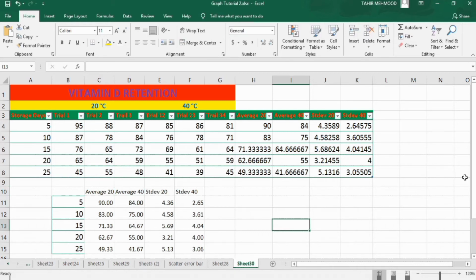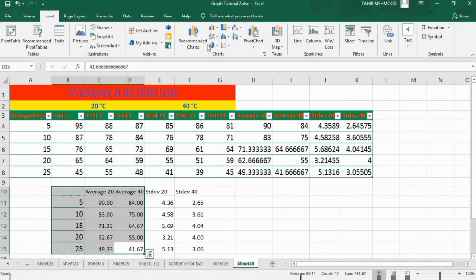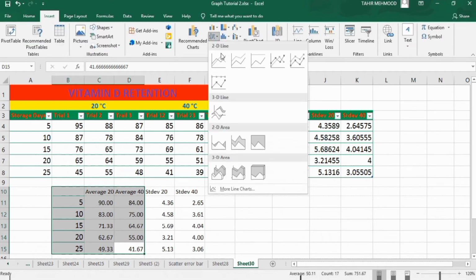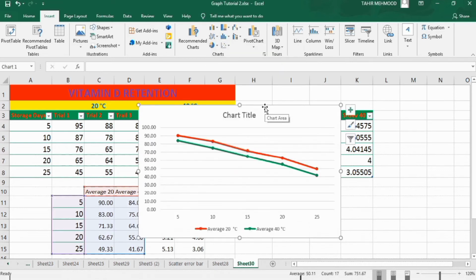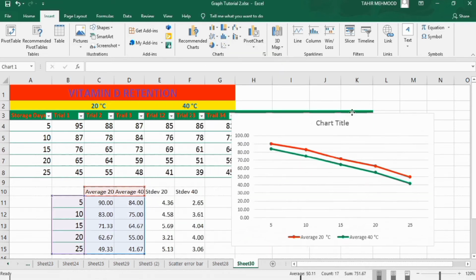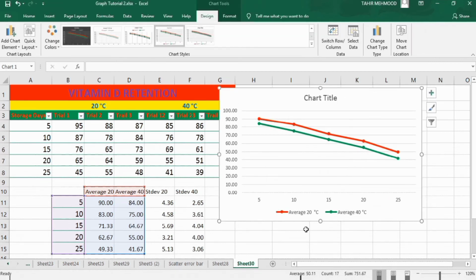Now we will generate the graph. Select average values at 20 degrees centigrade and 40 degrees centigrade along with storage days. Go to insert, and from here you can insert the line graph either with marker or without marker. I will place this graph here because later on we will use this standard deviation values.